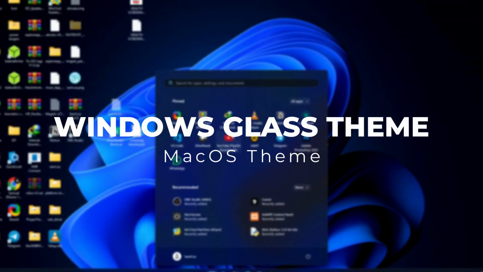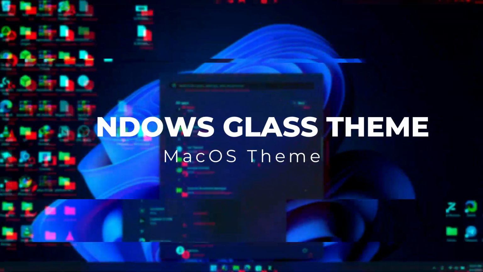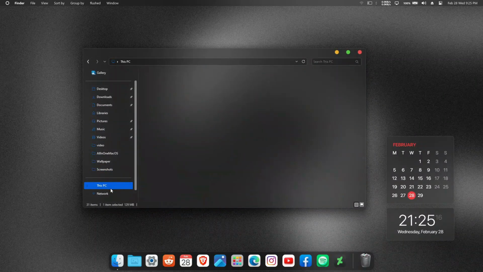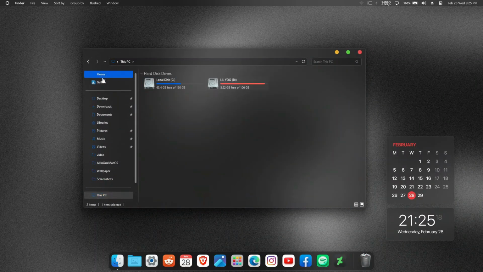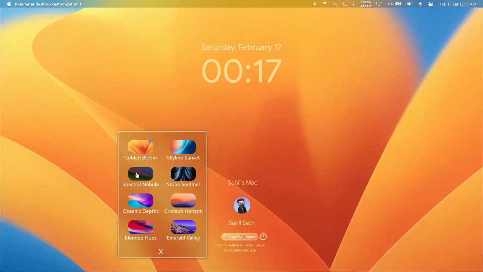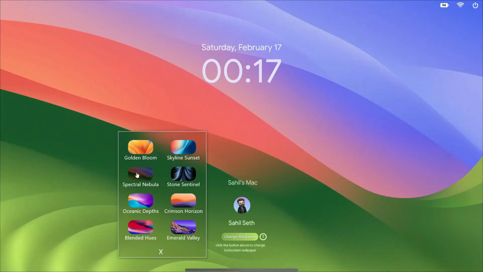Hello, in this video I'm going to show you how to get a clean Windows Glass theme with a macOS touch, and it's going to transform your same boring Windows look and feel to a clean Windows Glass macOS theme for Windows. In this video I'm going to show you how you can get this lock screen on your Windows computer